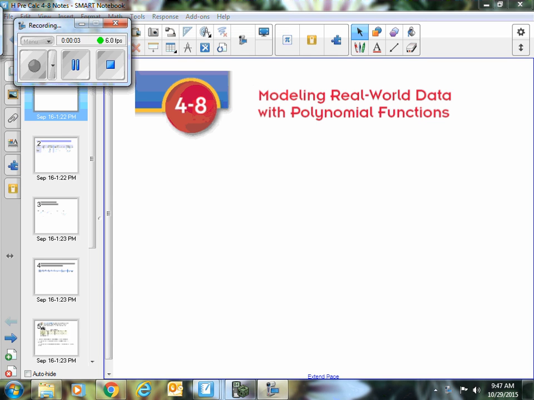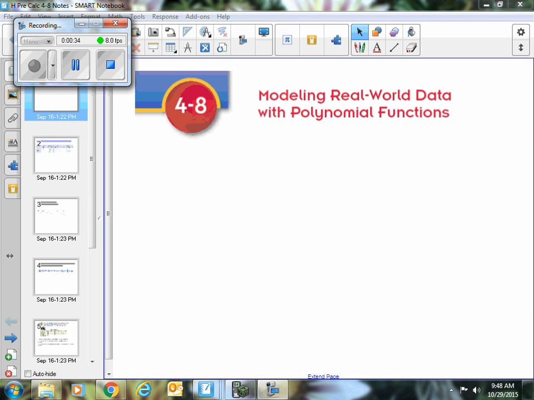All right, 4.8. We're going to look a little bit at the end of chapter 4, section 8, about how you model real world data using polynomials. So when are we ever going to use this kind of stuff? When you look at actual sets of data, on anything, they often fall into some sort of pattern that we can describe. And if it's a polynomial shape, we can use a polynomial equation to help express that. And even more importantly, once you have the model, you can make predictions or help solve problems